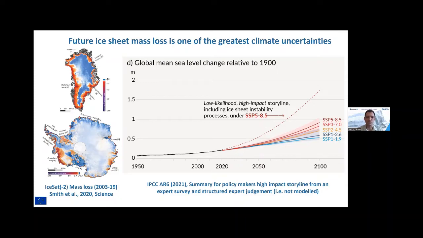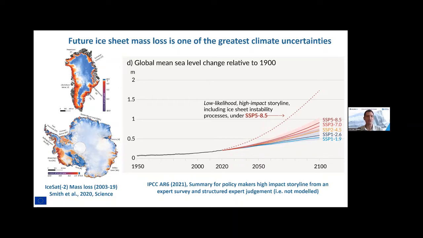So the IPCC addressed this deficiency basically by doing an expert survey, which is maybe less than scientific. It was done rigorously and carefully, and it did produce this dashed line here, which is the low likelihood but high impact storyline, where there's ice sheet instability processes allowed and significant meltback of the Antarctic ice sheet. And you can see there that it almost doubles the effective sea level rise under a strong forcing scenario. But it's, like we said, not modelled, and it's structured expert judgment, which is, some might say, a